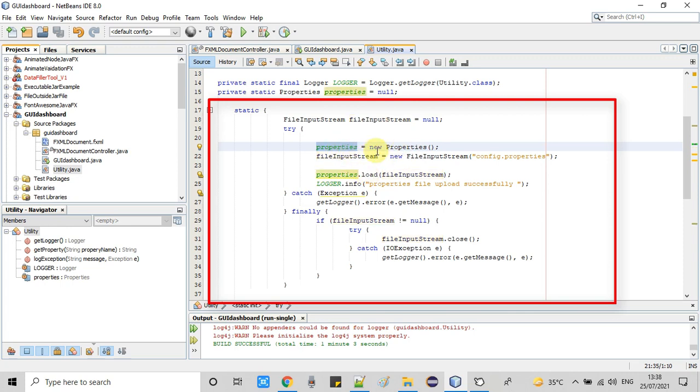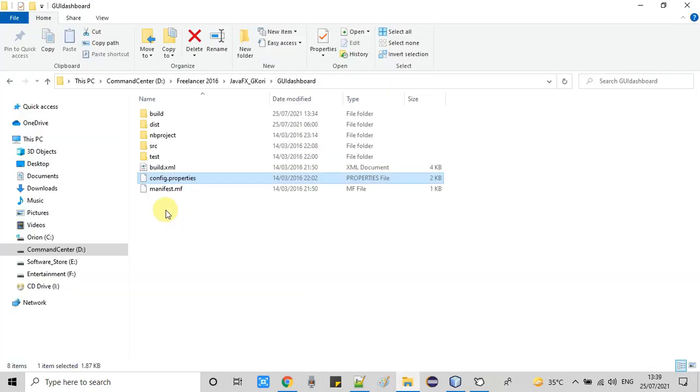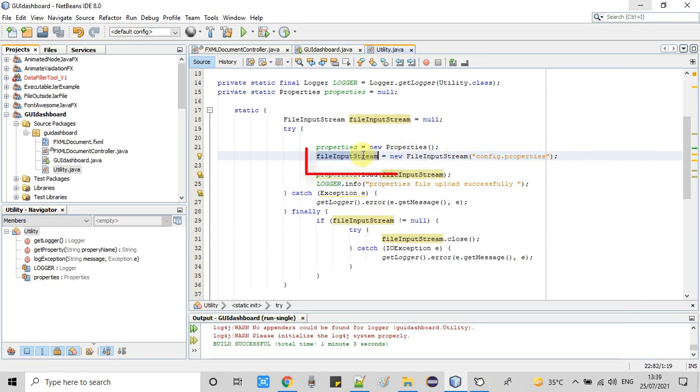We simply defined a file input stream object. After that, at line number 21, we have created the properties object: properties is equal to new properties. After that, the file stream reference variable is initialized with config.properties, because we are reading the config.properties file.